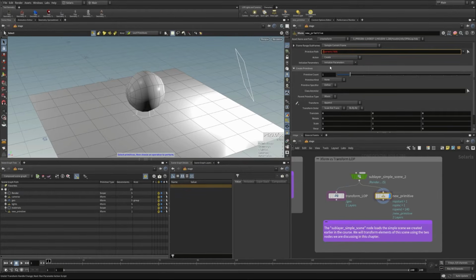parent, like this, and that would throw it under another parent primitive. And we have all of the same things that we can do here. We can set what kind these are. We can give it a specifier, and we can say what the parent is going to be as well. So we can do a whole bunch of simple creation here with this one node, but I'm just going to set this back to where it was, and we can also change the action here to